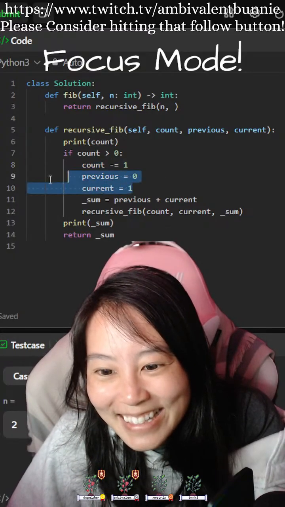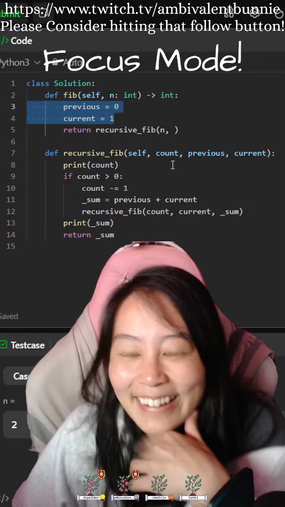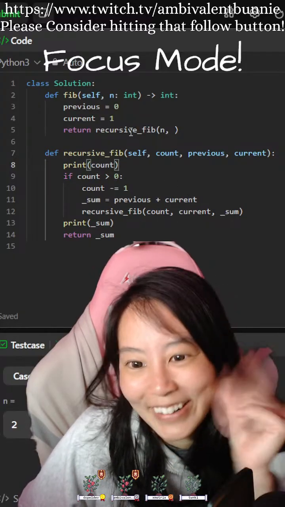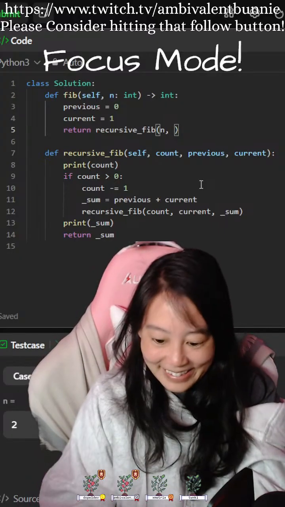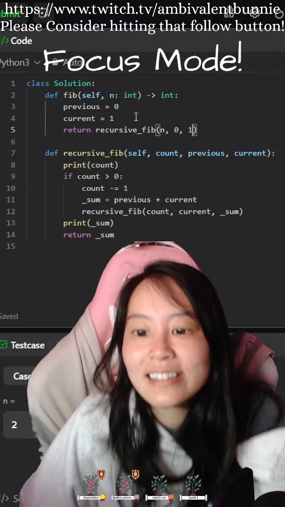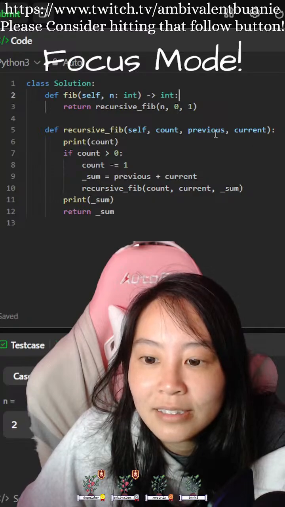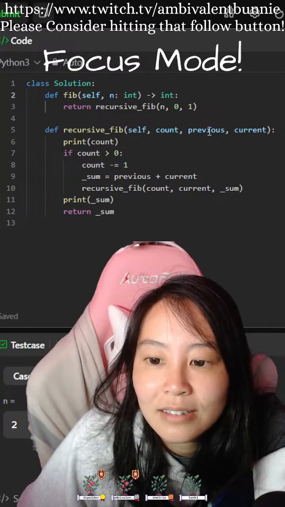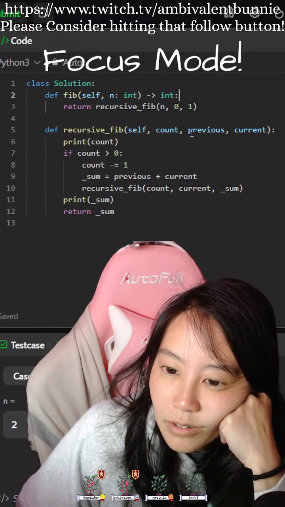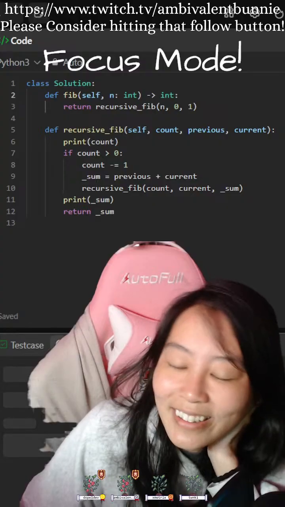This is up here. Okay, so equals previous and current sum. There we go. And then I guess we don't even need that, right? Okay, so that would be previous and current. Or current and sum? I don't know.